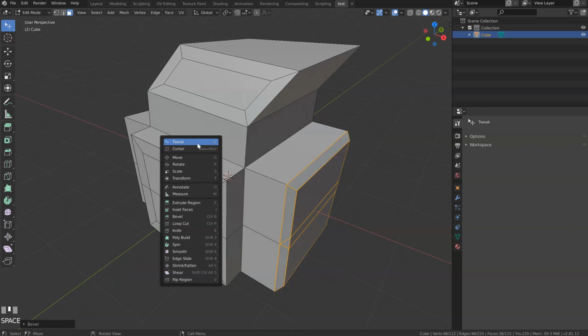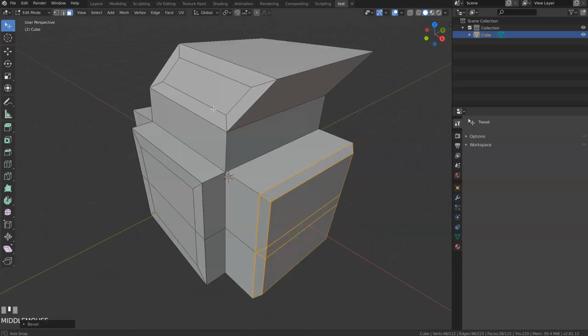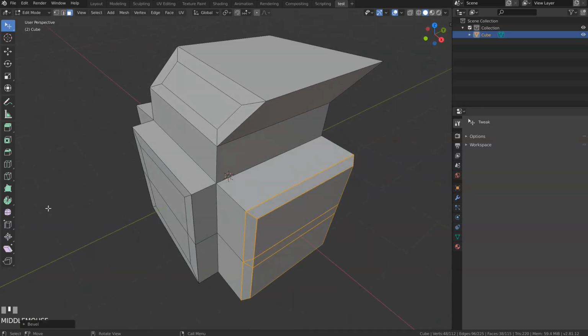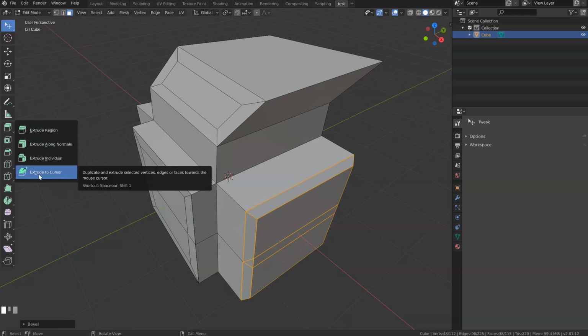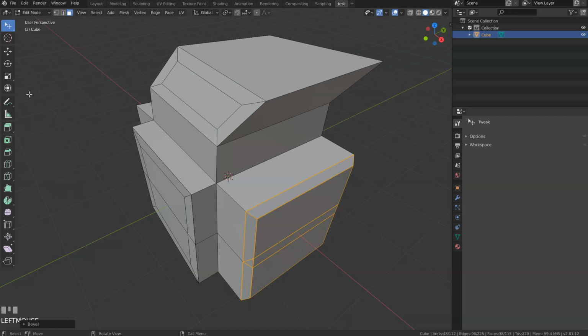If you press space, you will have them too, because we chose space for the tools, like that. And that's it. Personally, I don't use them, but if you want to use them, check each one, check what you can do. As you can see, you have some options, like individual, extrude to cursor, add on normals, etc. Same for this one, offset edge upcut, same for this one, this is the knife, bisect.